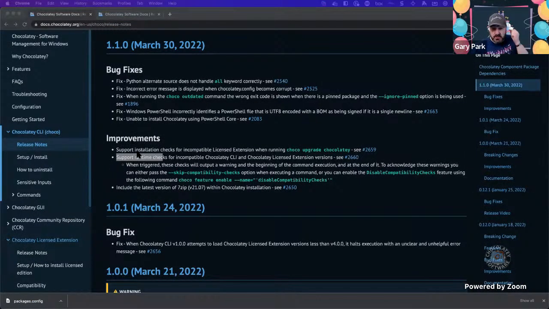And there are both now installation checks. So at the point of installation, if you install a version of Chocolatey or Chocolatey license extension where they're incompatible, there will be a warning at the point of installation, and there'll also be a warning at the point of time when you run any Chocolatey command. There'll be a warning before and after the command, making it as crystal clear as possible that these things are